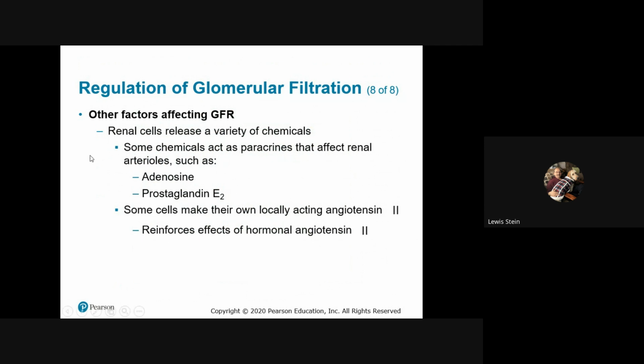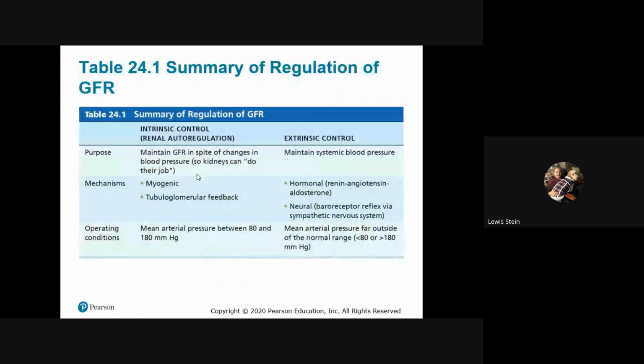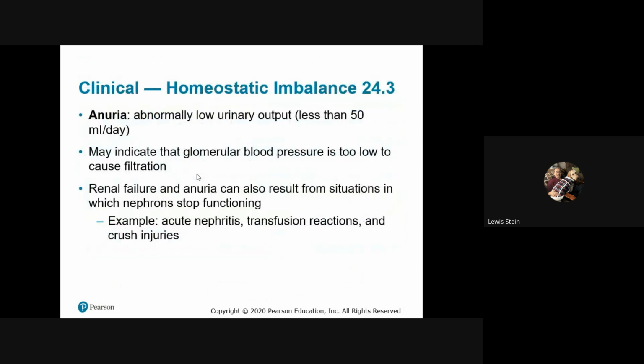So again, we begin to see that adenosine is something that plays a role when you're drinking caffeinated beverages. Caffeine blocks adenosine receptors in the brain, so adenosine typically relaxes the system or limits it. So there's a number of things like this, and these are the numbers. When somebody's only putting out less than 50 mL, less than 2 ounces of urine a day, they're in trouble. Too low to cause filtration, various situations that occur with inflammation,